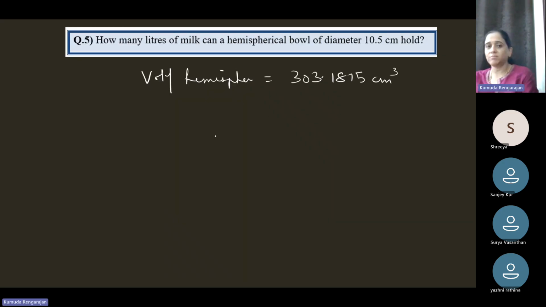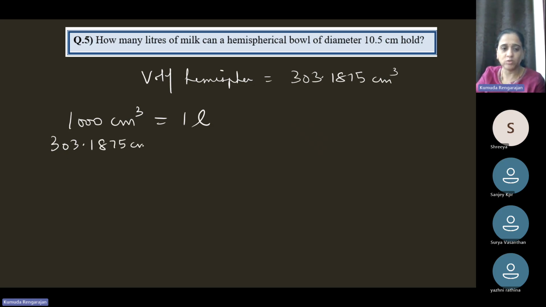This is the volume of the hemispherical bowl. Now you'll have to convert this to liters. The conversion is 1000 centimeter cube is 1 liter. You need to remember this. 1000 centimeter cube is 1 liter. If 1000 centimeter cube is 1 liter, then